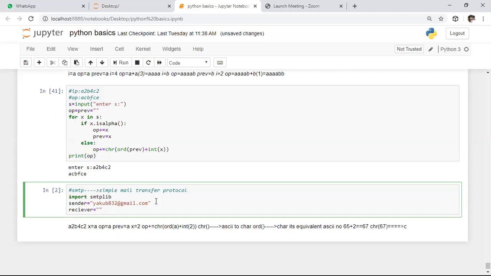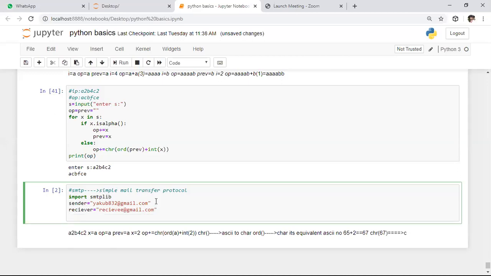Here, whom you want to send the mail, you need to enter the receiver mail ID with the host address. Here I'm using the same host for that also, so I'm specifying @gmail.com only. After this, whenever you want to log in to your account, first you need to specify your password. Here you need to specify the password of the sender. In this field, we need to specify the sender password.